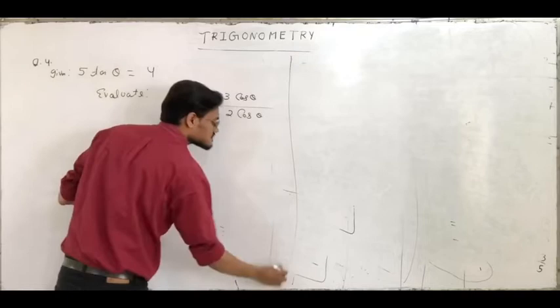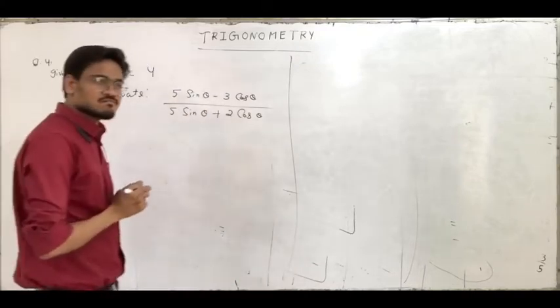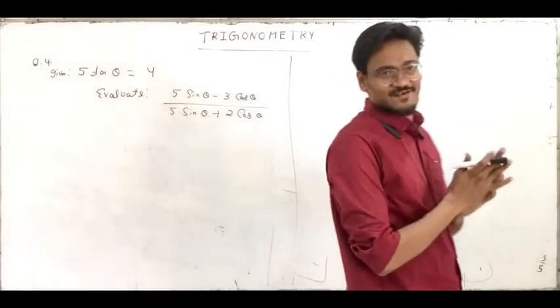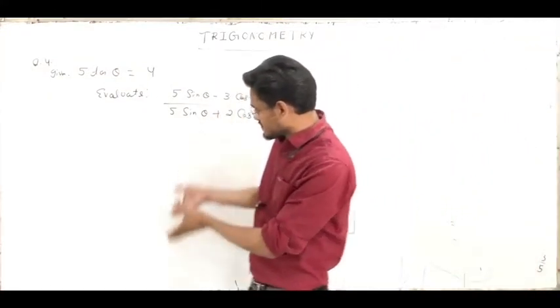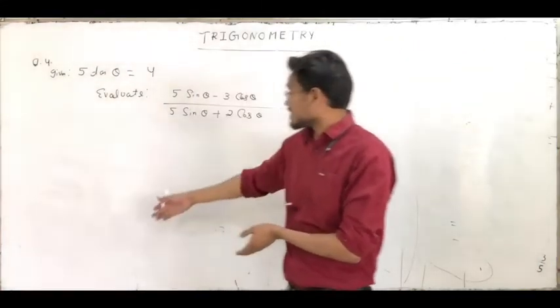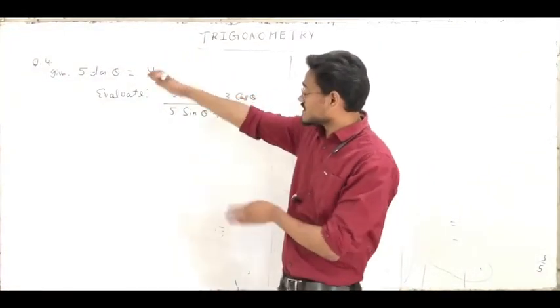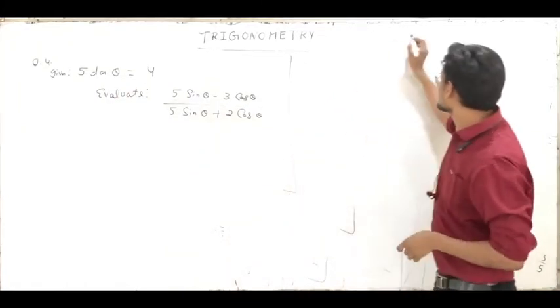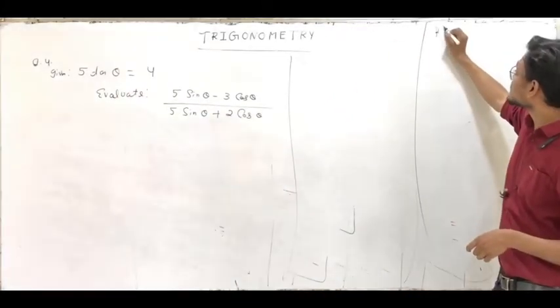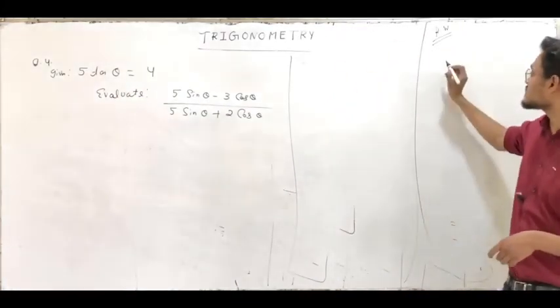See students, for this kind of question actually there are two ways. One is the traditional way, what we are doing up to here. Up to now, because 5 tan theta is 4, see in the rough work, I am showing the standard way. The standard way of solving this is just